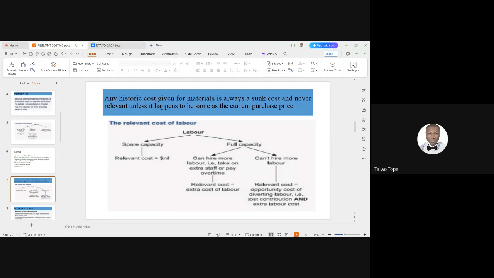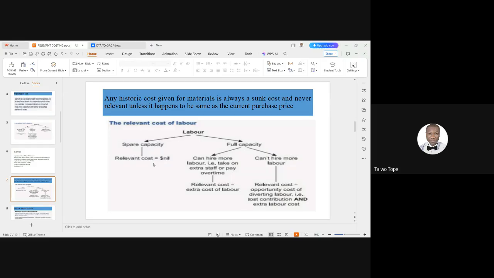So where you have full capacity and you need extra hands, for example, you can hire more labor, that is take on extra staff and pay overtime. The relevant cost will be what? The extra cost of labor. You have 10,000 workers and you need an extra 2,000 workers to meet a particular demand. The labor cost on those 2,000 workers will be the relevant cost because the cost related to the 10,000 workers